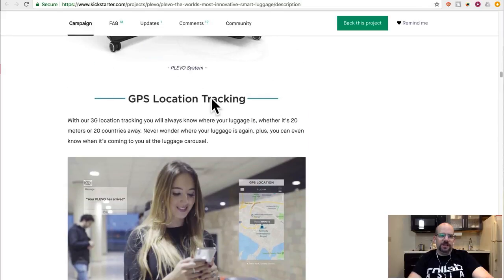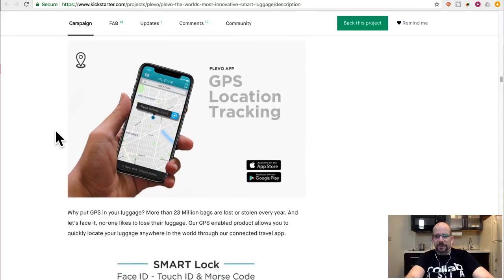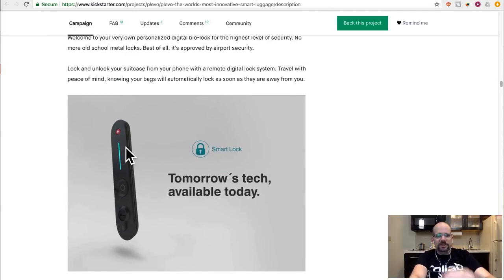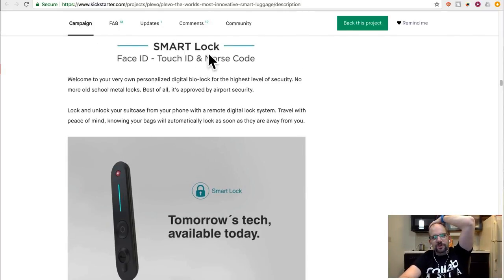GPS tracking. So they do say like 3G location tracking, but they don't say anything about the data plan. Other things, I guess they do mention in the FAQ what happens if your phone battery dies and you use the Face ID and Touch ID. So apparently the Morse code thing works no matter what, but you of course have to remember that Morse code combination. If your phone's out of batteries, that might be hard. I guess you can charge the phone with the little battery, but of course you have to